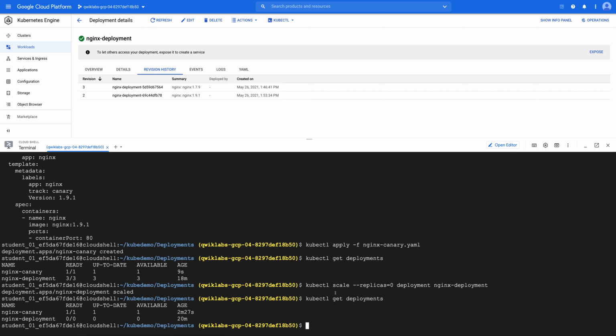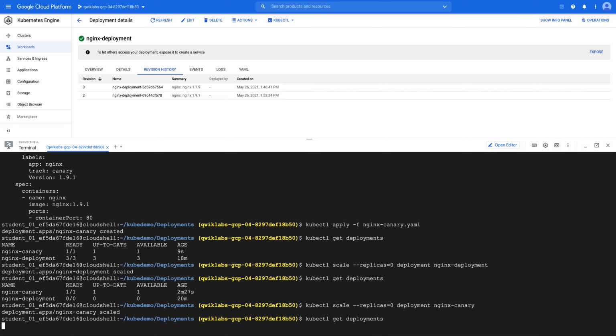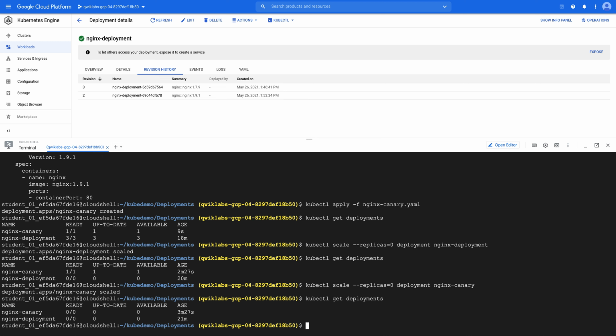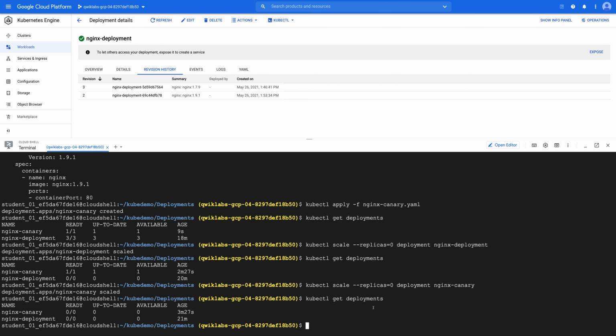And if I go ahead and downscale Canary as well, and check the deployments, nothing is running, and if I go back, the page goes away. Nothing is running, so that's why we are not getting any response back.